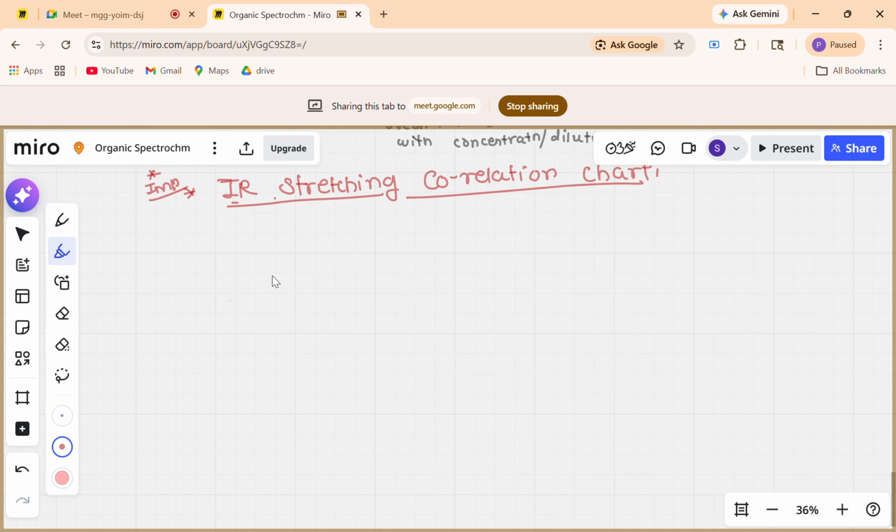So mark it as important. Whenever you are going to revise this chapter, just once see this chart and try to keep these values on your fingertips. That will help you to solve the PYQs, or